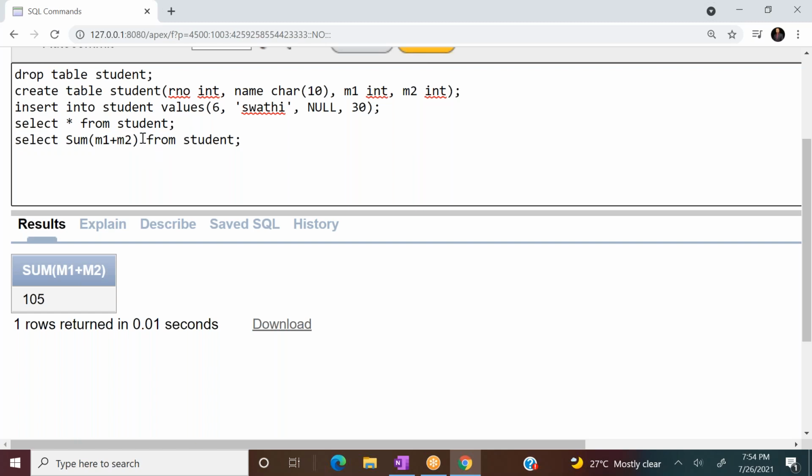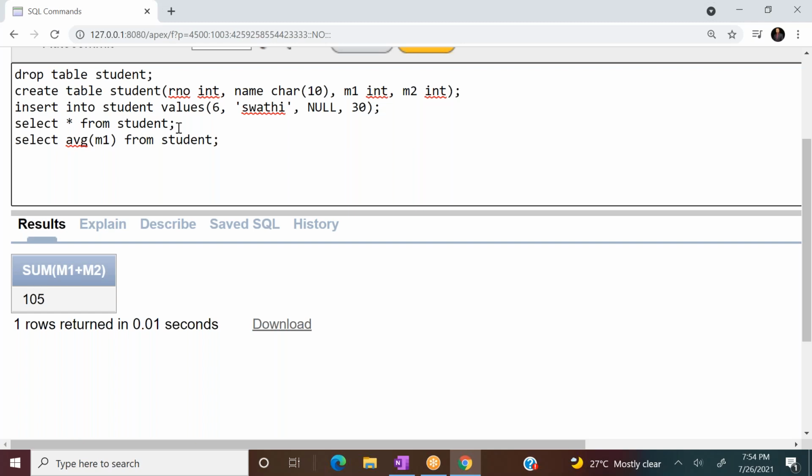Now, here I will be giving one more question. Select AVG of M1.